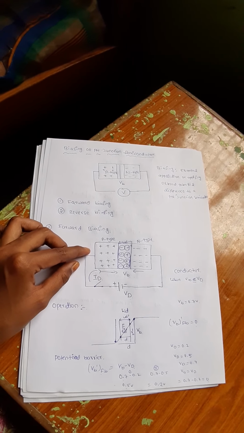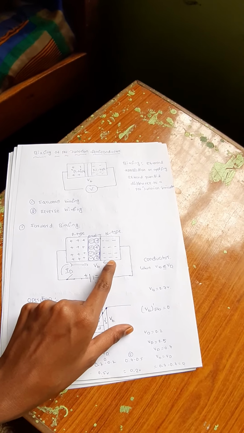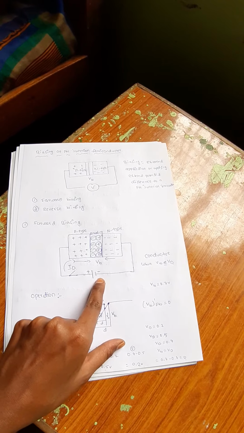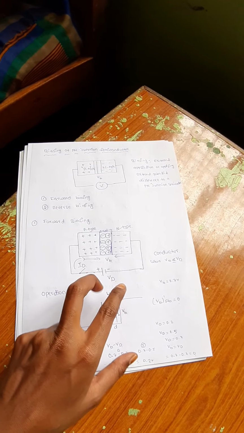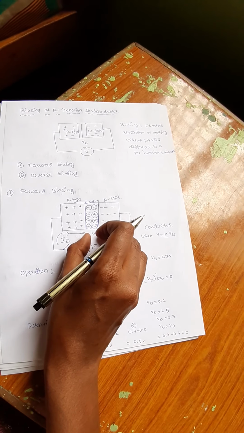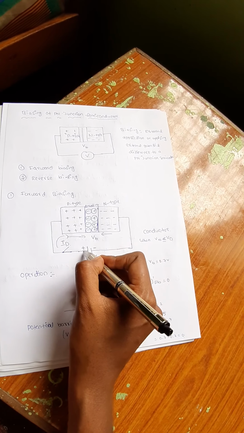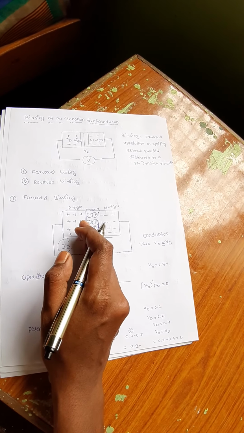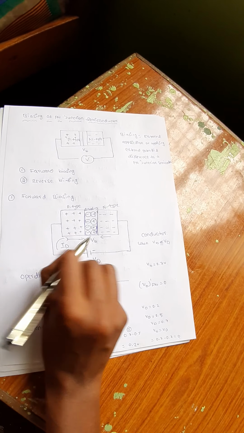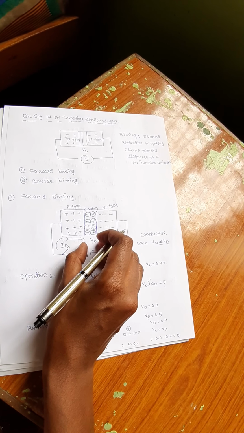Here we are giving the positive terminal. The P-type semiconductor is connected to the positive terminal of the externally applied cell, and the N-type semiconductor is connected to the negative terminal of the cell. Whenever the external voltage is applied and it is less than the VB value, there is a shrinkage of the depletion region due to the pressure from both sides. Here it is positive, so a repulsion takes place, giving pressure from this side and from this side. Due to that, the depletion region shrinks.